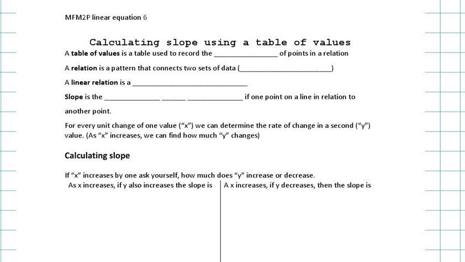Okay, so yesterday we were putting together a table of values using an equation. We were given the x values, and then you had to solve for the y values to find the points and then graph the line. You remember that from yesterday? Okay. So a table of values is a table used to record the coordinates, the x and y,